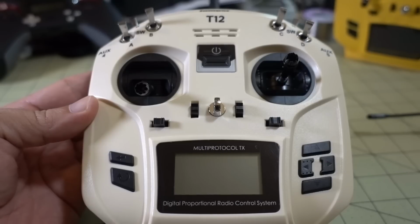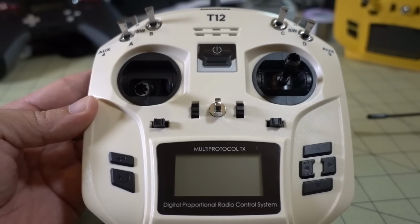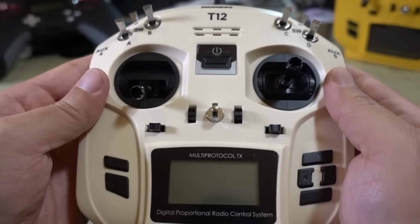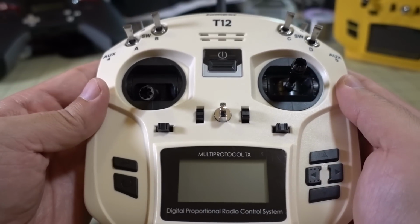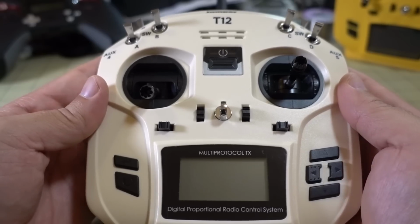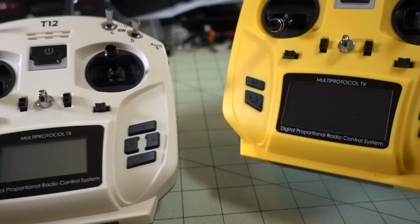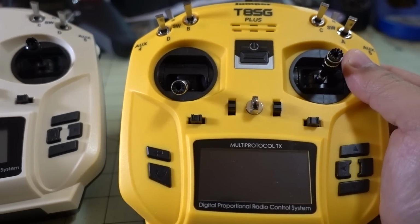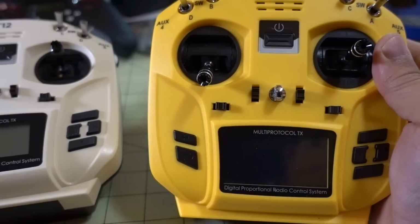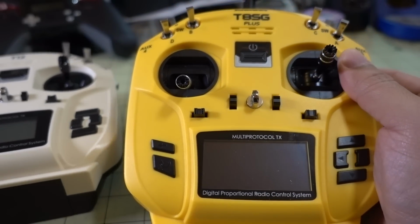Okay, in this video we're going to be checking out the new Jumper T12 multi-protocol radio. This is pretty similar in terms of the ergonomics, size, features of the Jumper T8 SG V2, which is a radio I did not review. I reviewed this one here, the yellow one. This is the T8 SG V2 Plus, and the difference between the V2 and the V2 Plus is the Hall